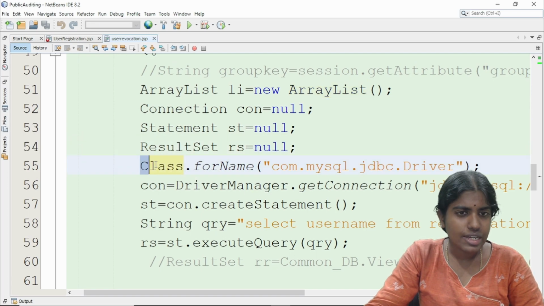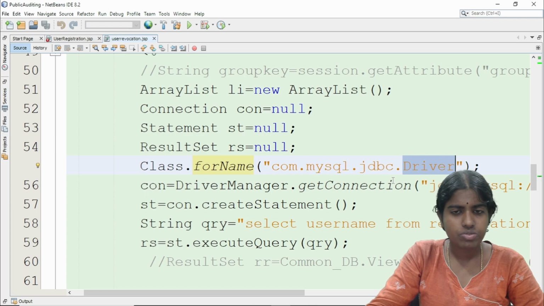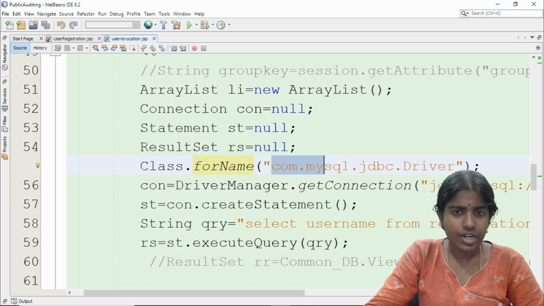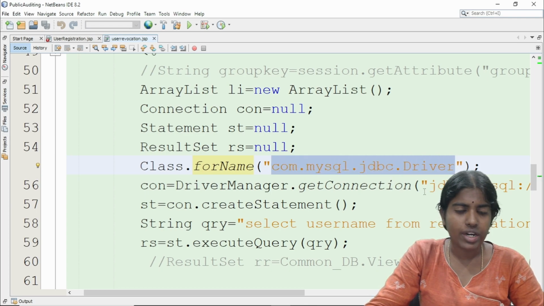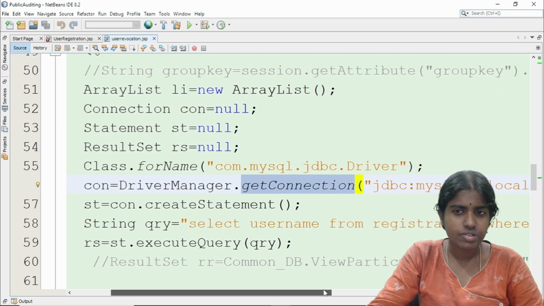Using this class with the dot operator, I'm calling the inbuilt function called forName. Class.forName, I'm giving here com.mysql.jdbc.Driver. Whatever the driver name is, I provide the corresponding driver name here. After registering the driver, using DriverManager with the dot operator, there is an inbuilt function called getConnection.